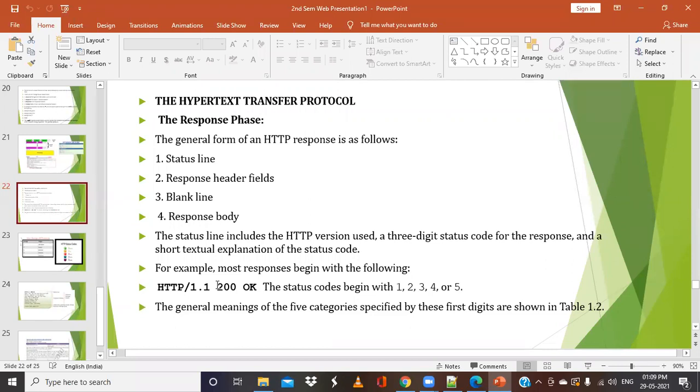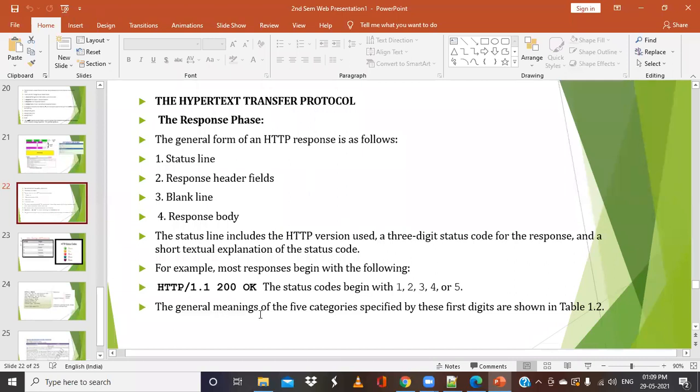In general, the status codes begin with 1, 2, 3, 4, 5, and they are 3 digits, like 101, 102, 202, 203, and so on. These 3-digit status codes give proper information on whether we are able to get the response, or whether there is some problem with the server, or some problem with the client. All those details we can get with this particular code, and then a simple message about the status code.